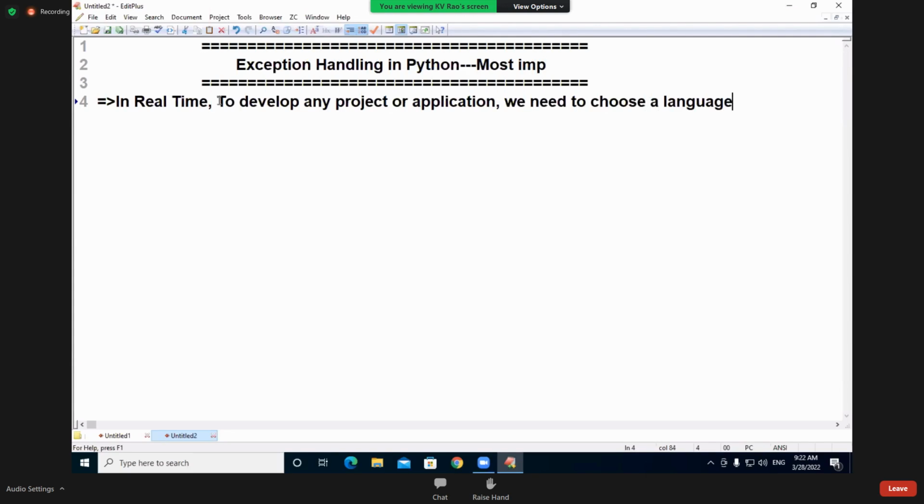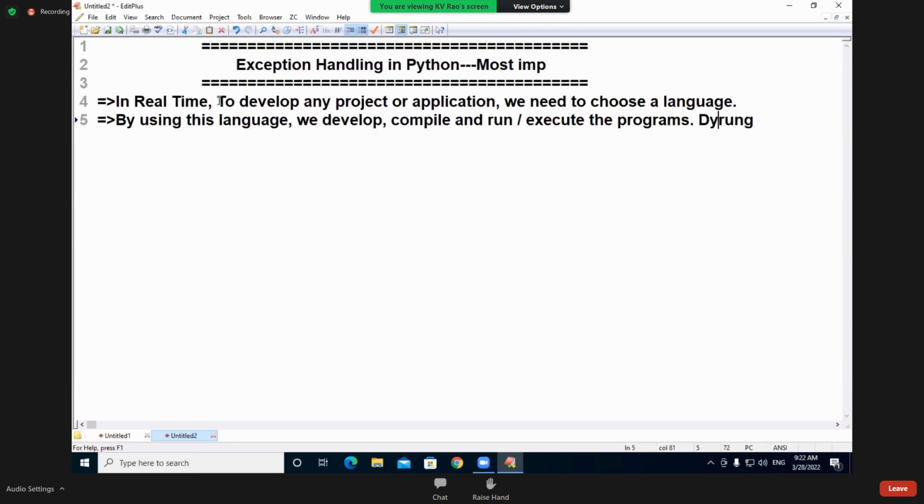Then after that, by using this language, we develop, carefully follow, we develop, compile, and run, nothing but execute the application, execute the programs. We develop, we compile, we run or execute the programs. Good.